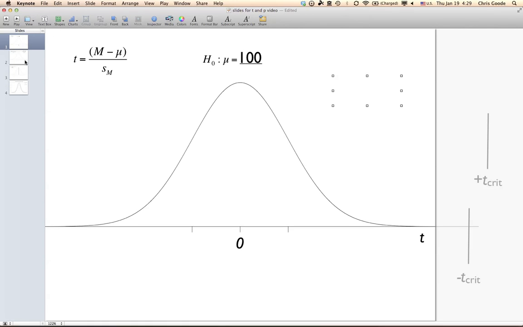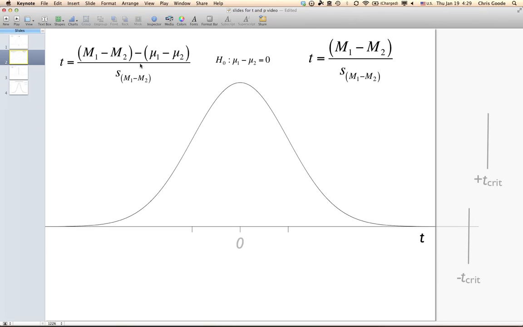Let's see if that's true for the independent measures t-test. Here's the equation for the independent measures t-test. Remember that we need to have a null hypothesis in order to calculate t in the first place, otherwise we don't know what to put here. So we hypothesize that